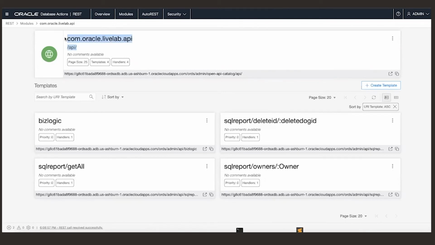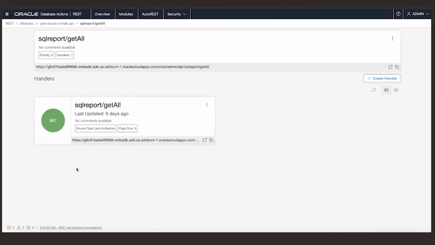And then within a module, you can create different kinds of templates. So in my use case, I already created 4 different HTTP endpoints for get, post, or delete. And then why don't we take a look at the get all? So as you can see here, this is the URL path as I specified.